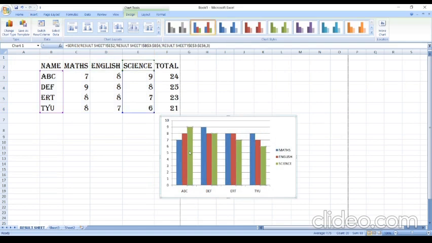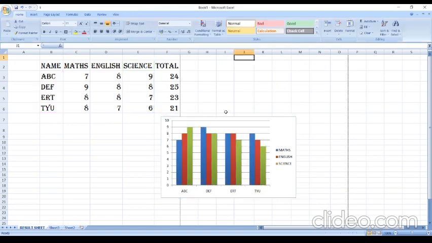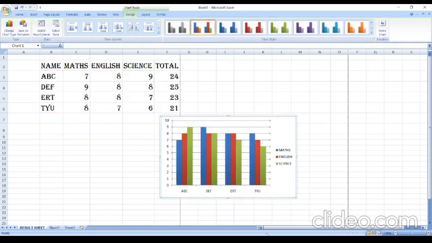Whichever data I select here, you can see it changing. You can even change the styles and color combinations you want. There are different styles of chart, you can choose one. Clear? That is known as a chart.